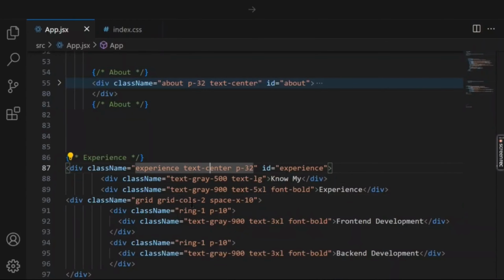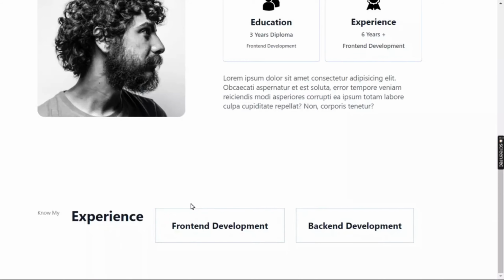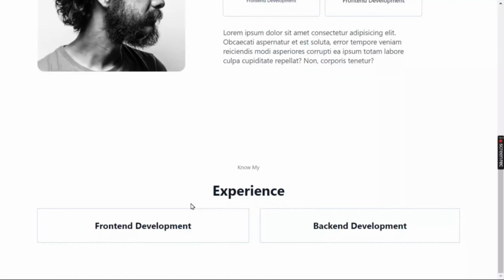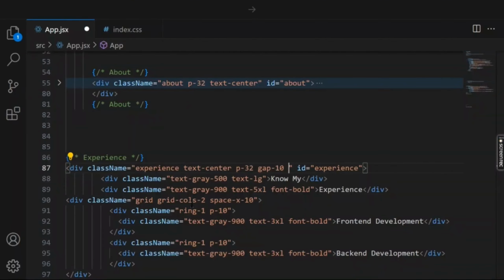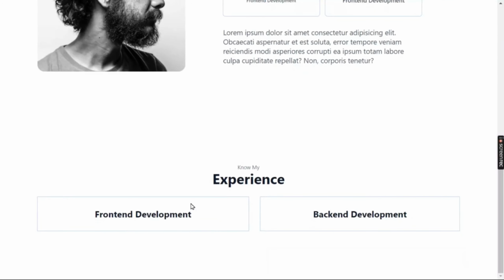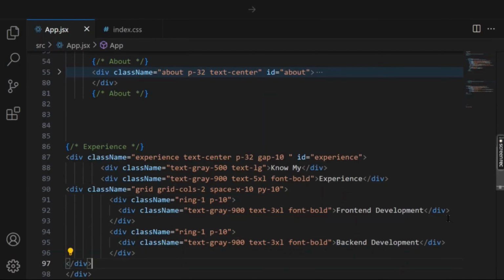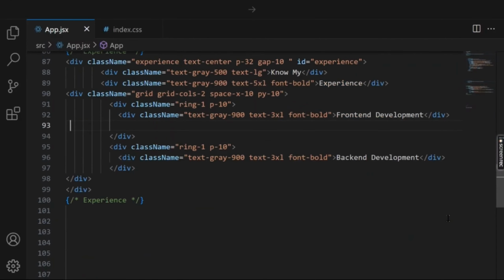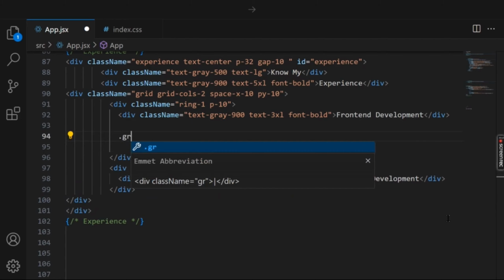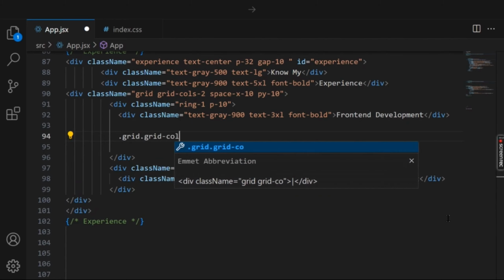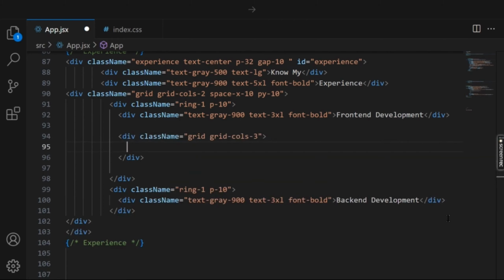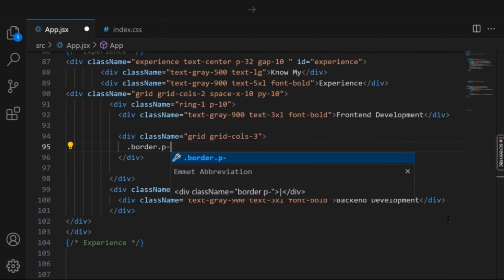So let's put a gap here. For that we have to make it flex, and the flex will be column. I think we have done something wrong, but it's looking good. There is no gap between this stuff, so put some padding on the y-axis around 10, and it's looking good, and we can proceed. Now we have to put something in this column. Inside this column we need another grid which will have 3 columns, and each column will have